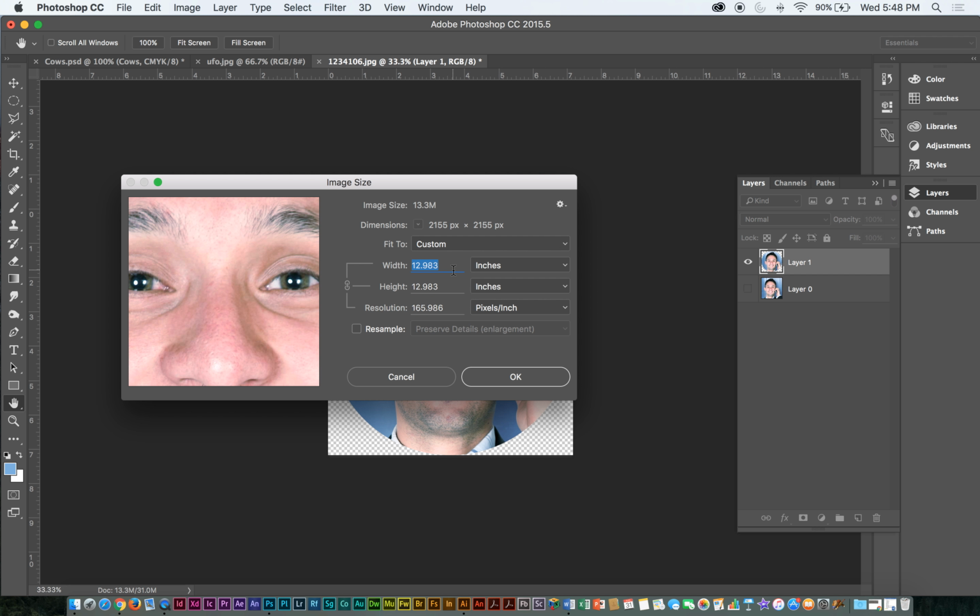Let's say I needed this guy's head to be like 15 inches, because I'm putting it on a banner or something. If I increase it this way, you can see that as I'm going up, my resolution is going down. And for a printed piece that you're going to view close up, not like a billboard from five lanes away, you need it to be at 300 dpi. So the way to do that is